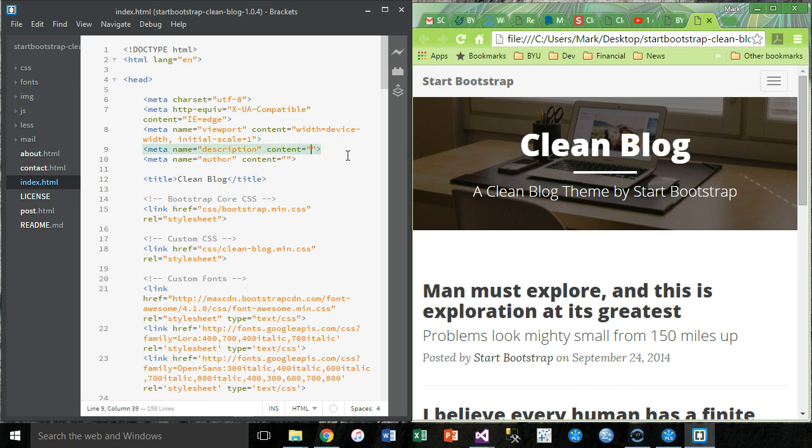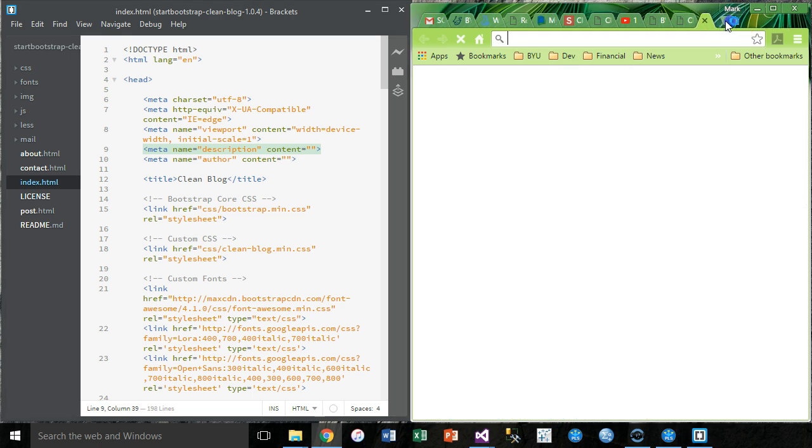Filling this out, this information right here, gives information that can be used on search engine positioning. So when Google decides where to rank your site, the description you give it and the keywords in there will matter for where your site shows up. However, whatever you put here in the description is what's going to show up when, let's just search for something, anything like,